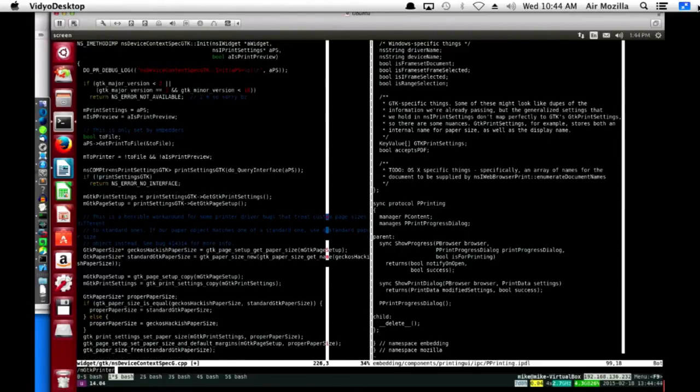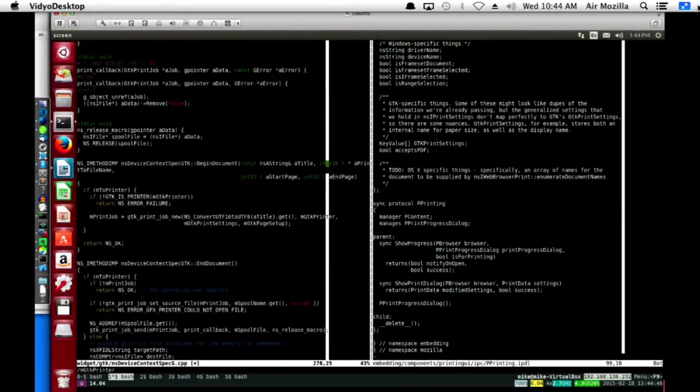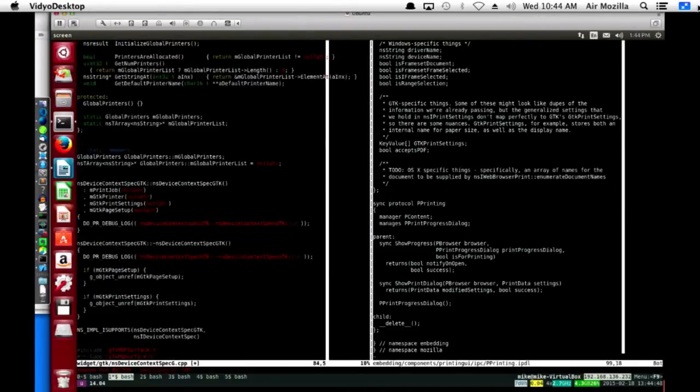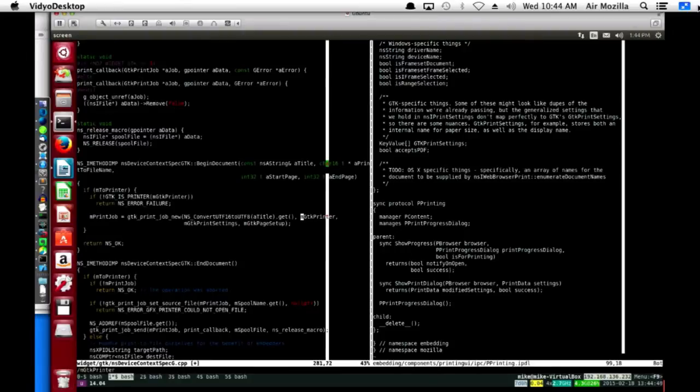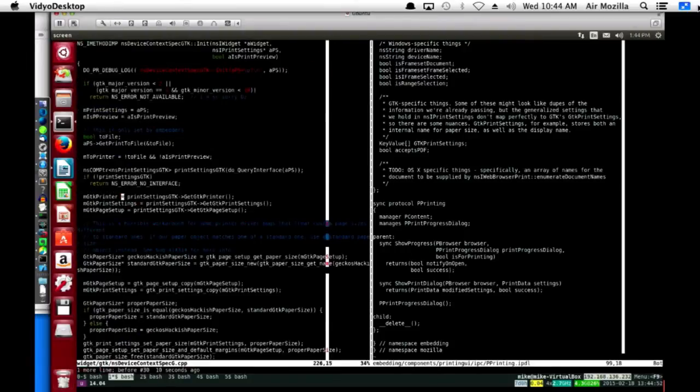And then the place where it was getting set, like this print settings GetGtkPrinter, that's what we'll check. This is what we'll check inside the EndDocument method to determine whether or not we can just go ahead and start the print job. I think that's what we'll do. Does that make sense? Now, the other thing I want to think about is re-entry. How is this going to be structured?